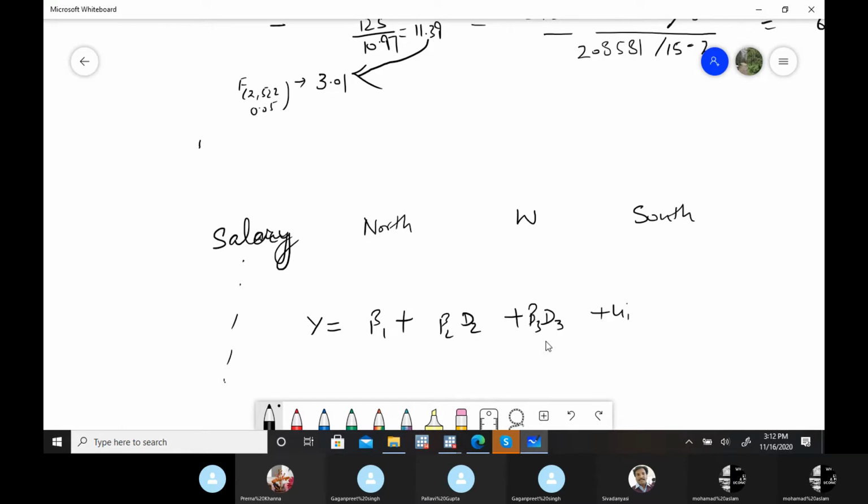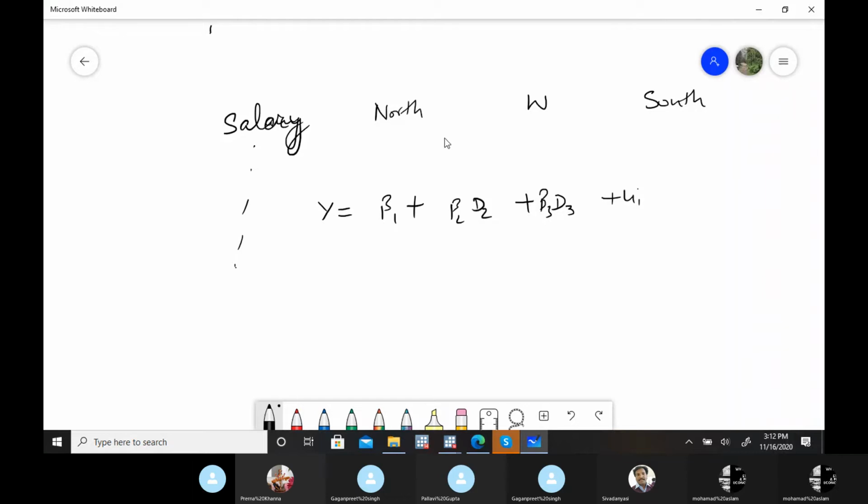Now, 2 or 3 questions here. First, there are 3 categories, so how many dummies do we have to introduce in the regression? That is what Gagan is asking about, the dummy variable trap. And second, how we have to put it in a regression form. Generally you put it in a binary form, that is 1 or 0. Although these numbers 1, 0 you can change. I'll come to that property. There is a specific thing about these numbers that you have to keep in mind.